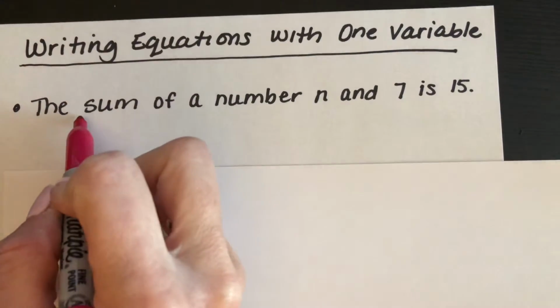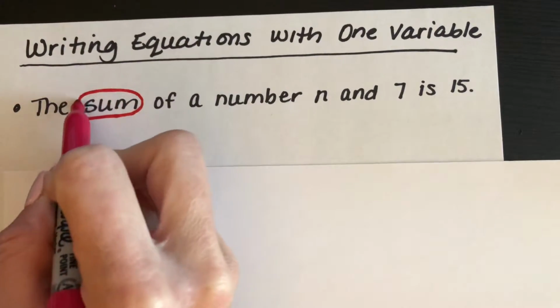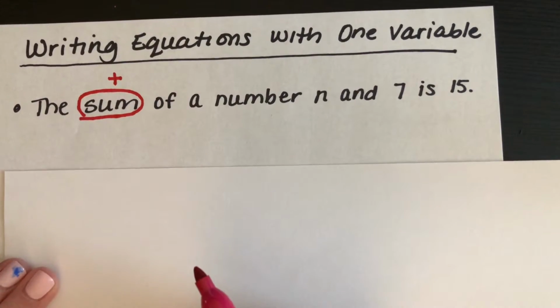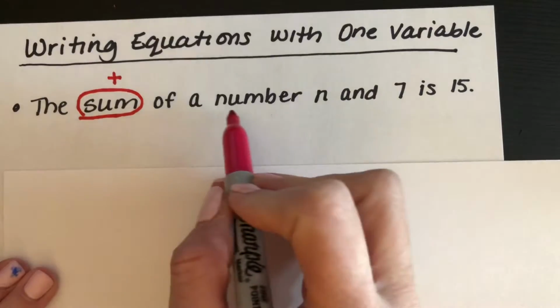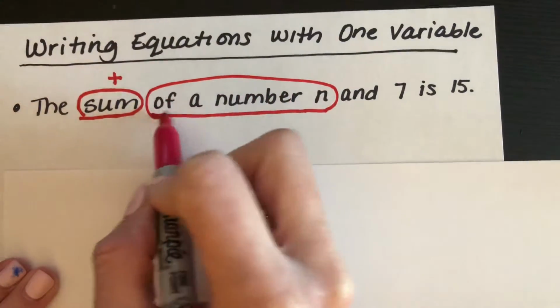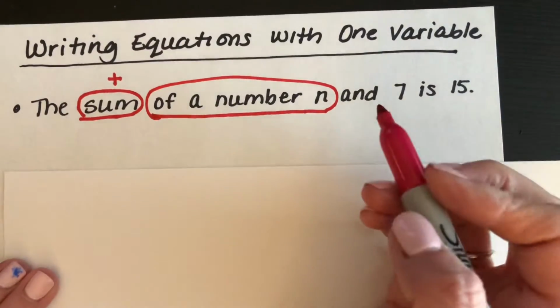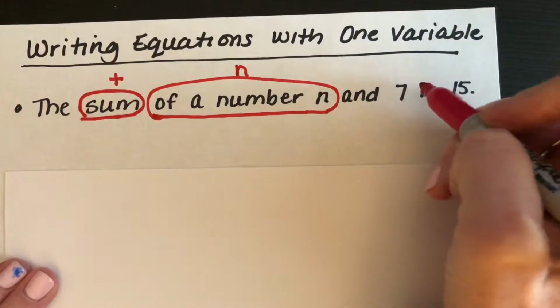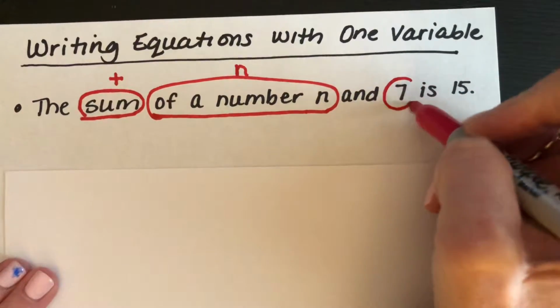So we're going to talk about the sum. So I'm going to circle the word sum. I know that sum means to add, so I'm going to put a plus sign there. A sum of a number n, well, we don't know what n is. It's a variable, so I'm just going to write n above it. And 7, so I'm going to circle 7,